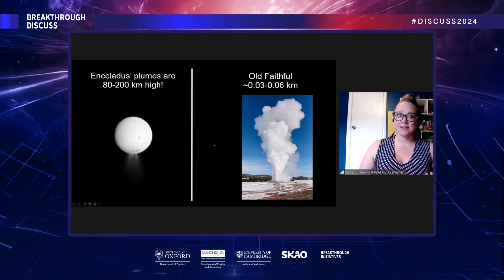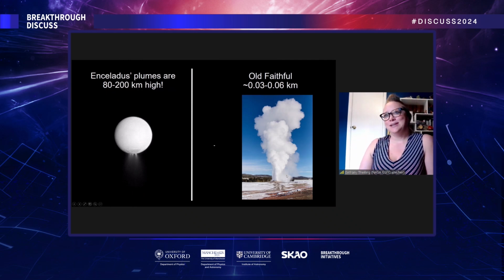And just to give you a sense of scale here, because I think it's really important, Enceladus's plumes are enormous. And you can see here's Enceladus. This is actually Cassini giving a long gaze backward. This is its last picture of Enceladus before it dove into Saturn. And you can see the plumes are ejecting upwards of 200 kilometers out to space. They're huge. And then Old Faithful, one of Earth's largest geysers, is in Yellowstone National Park in the United States.